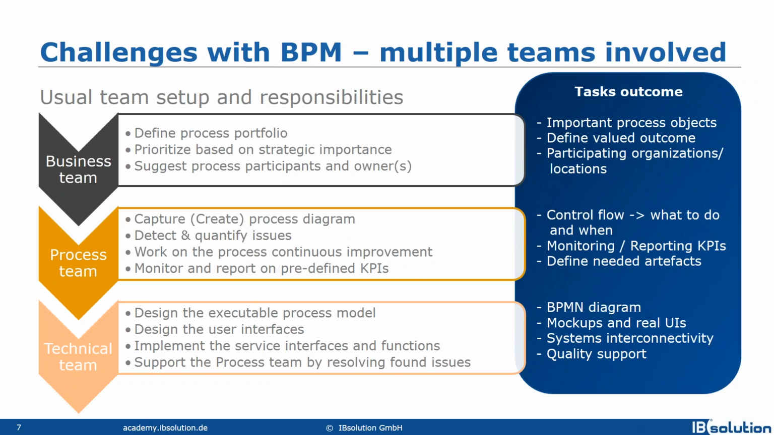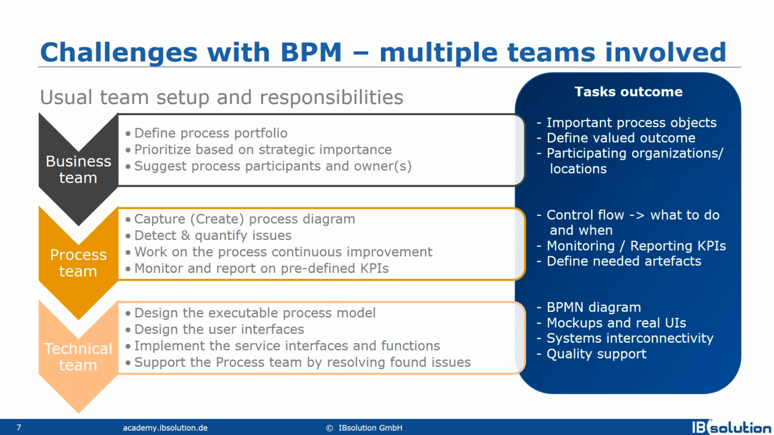Once this is defined, the process team should draw or design the control flow, what will happen, when and how, and of course define the monitoring reporting KPIs which are needed in order to be able to measure this value outcome of the process which the business requires. And of course there will be artifacts which will be needed inside the process, and those will be defined again by the process team. Handing over to the technical team, they will, as we said, design the executable process model,